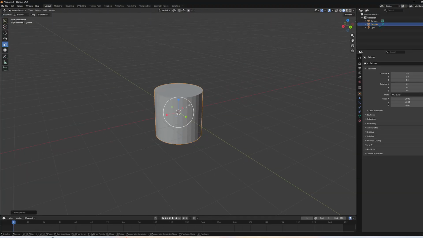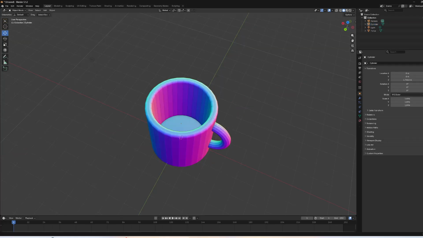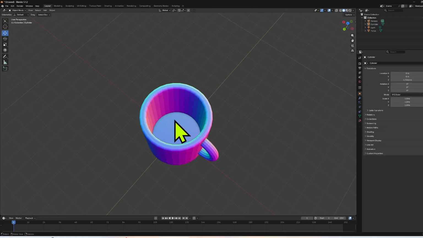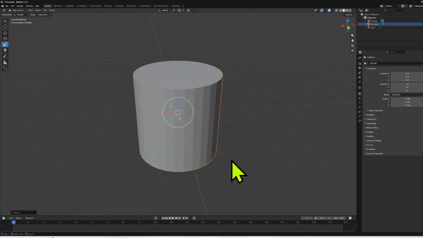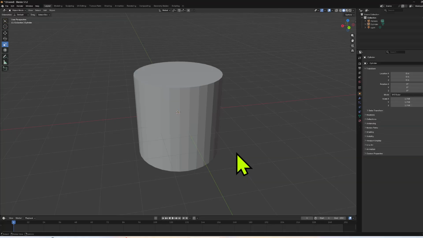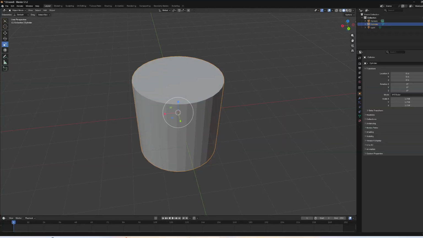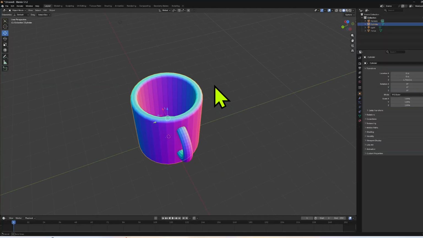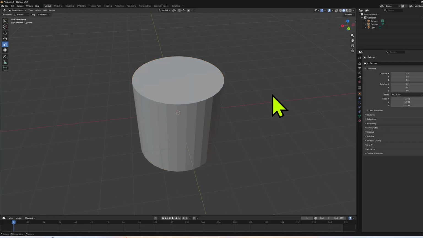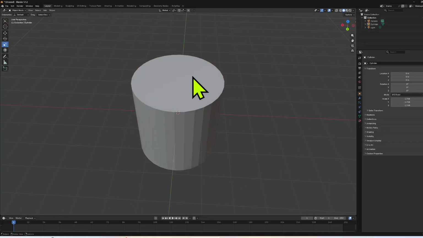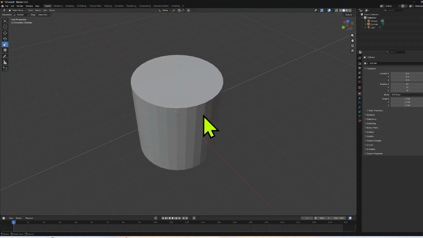So, the way that we're going to be making our mug so that it has this inset in here is we're going to use the Boolean modifier. Basically, the way this works is we're going to have our outer base, which is going to be this cylinder, and we're going to have a second cylinder inside of it that we're going to tell to cut that cylinder out of this one. So, we have our big cylinder, but now we also need that inner part that we're